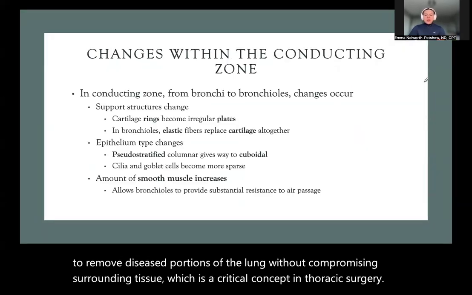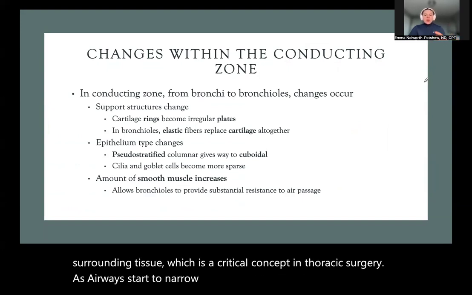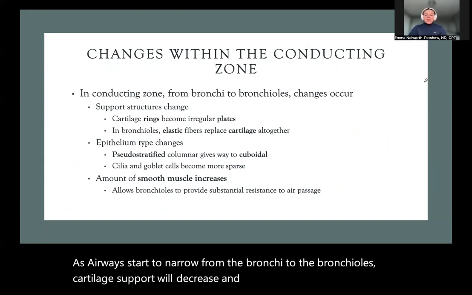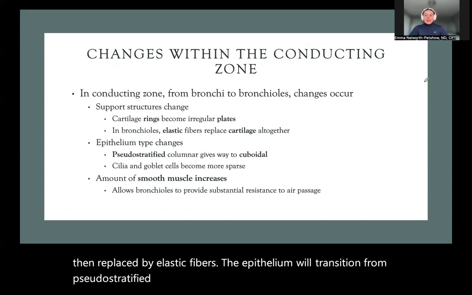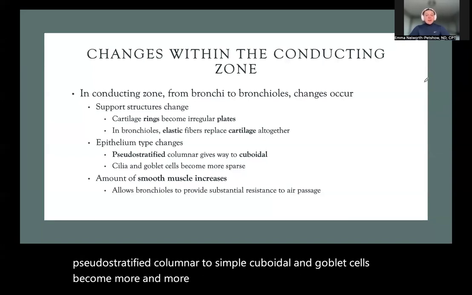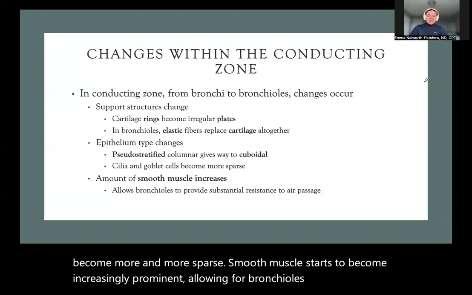As airways start to narrow from the bronchi to the bronchioles, cartilage support will decrease and eventually disappear. This is then replaced by elastic fibers. The epithelium will transition from pseudostratified columnar to simple cuboidal, and goblet cells become more and more sparse. Smooth muscle starts to become increasingly prominent, allowing bronchioles to regulate airflow resistance, which is a key site of